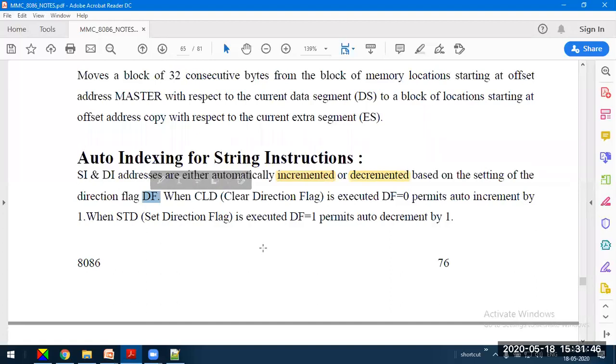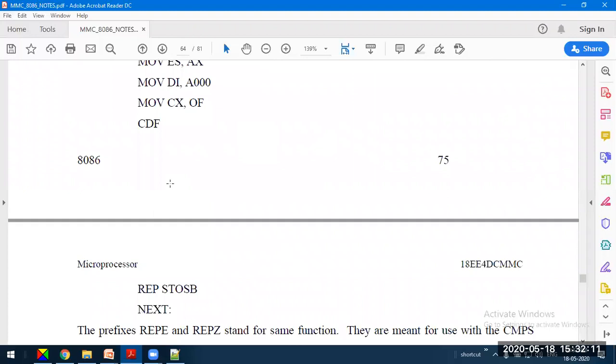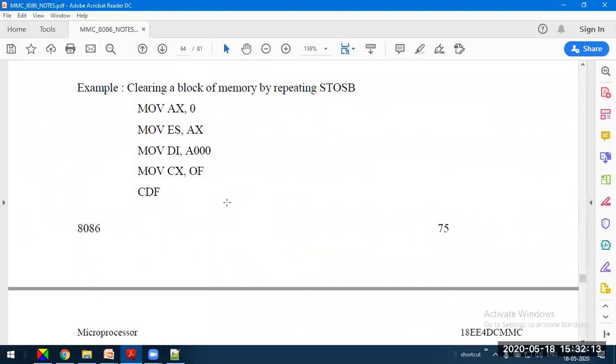To clear this flag, we can use the inbuilt instruction CLD, clear direction flag. The content of DF becomes 0. This will permit auto increment operation. That is, if DF is 0, SI and DI will be automatically incremented. Whereas if DF flag is set to 1, SI and DI are automatically decremented each time we perform the data transfer string operation.